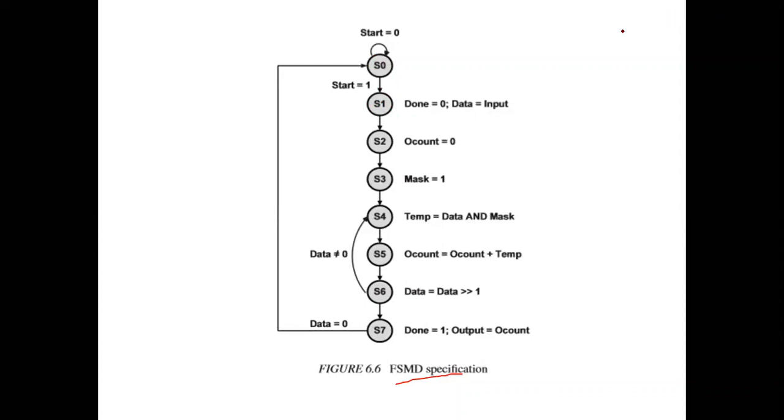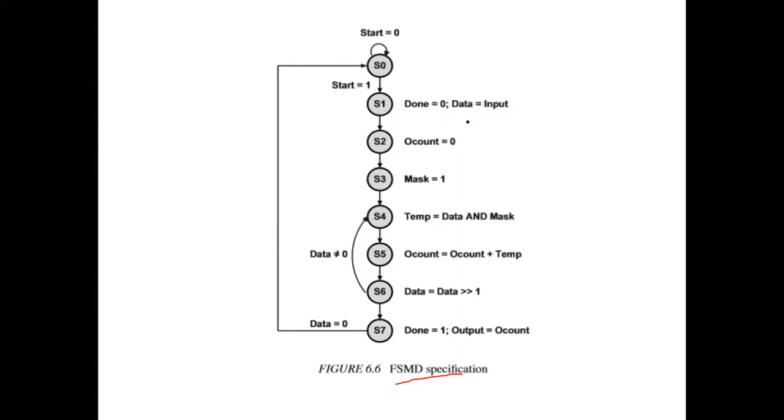In state 1, we are actually doing two initializations. One is done signal, done equal to 0, and data equal to input. Whatever be the input coming, that will be stored to the data variable. Done is a control signal. That control signal initialization and this data variable initialization, data equal to input, can be done in the same clock